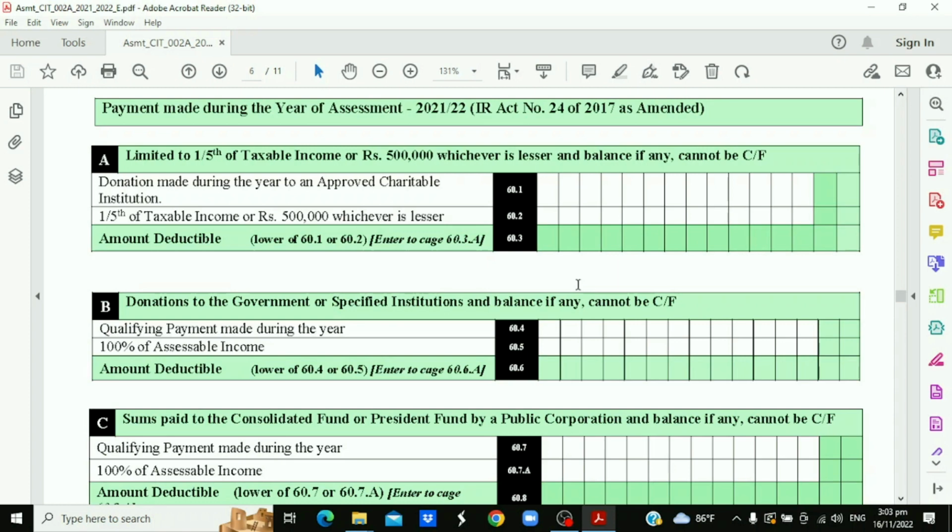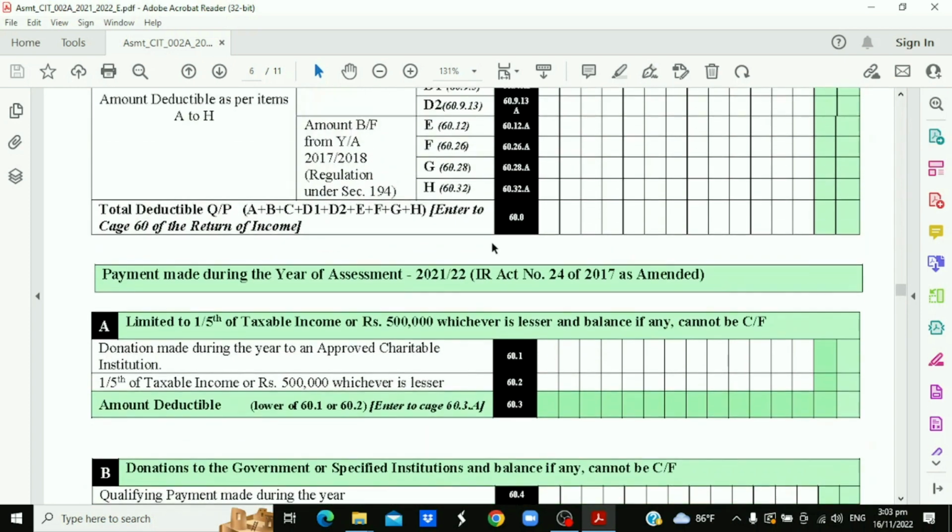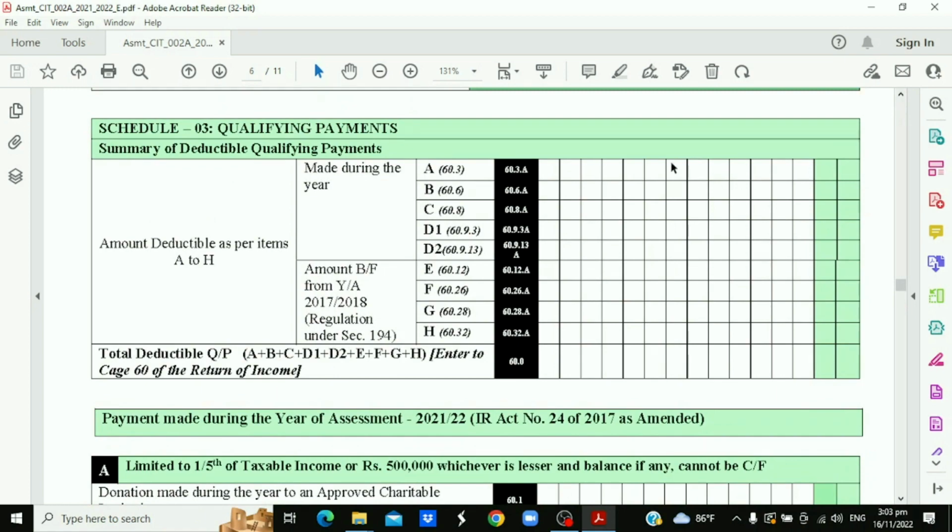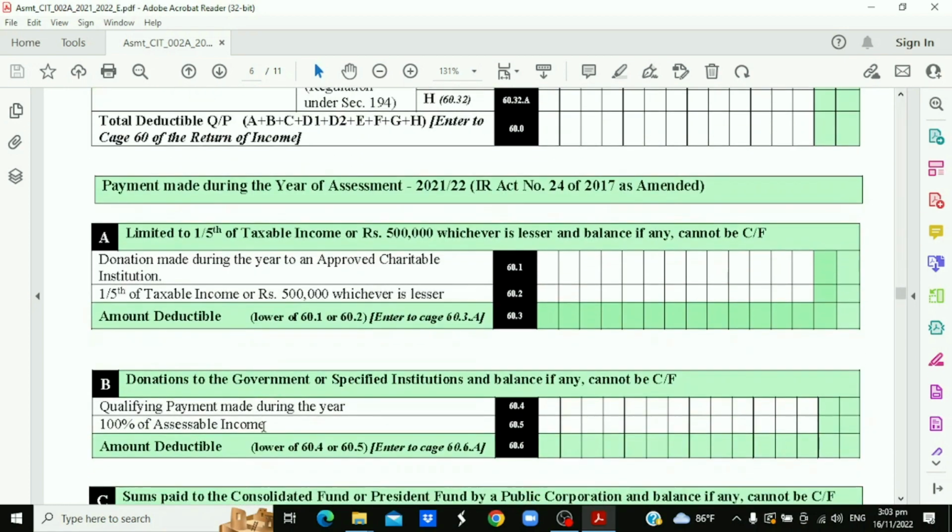Then we have to get the actual value and we have to get these limitations. Then ultimately we can decide the amount deductible, right? If this decided value, what we have to do is take it to the table. A table first line we can complete it, right? Then B,